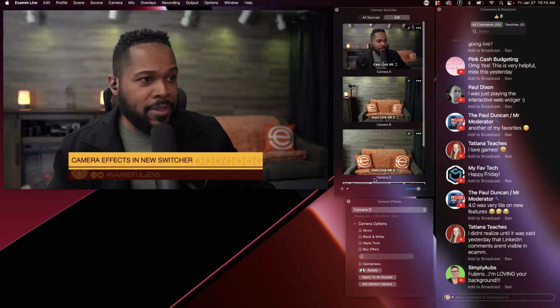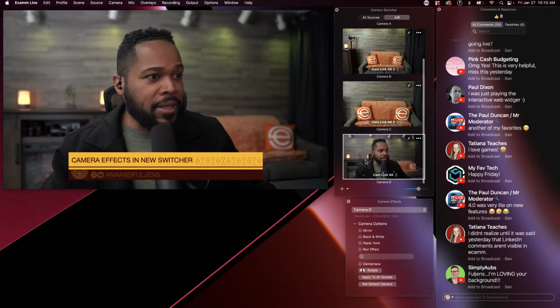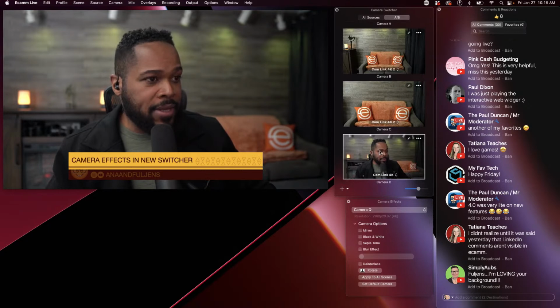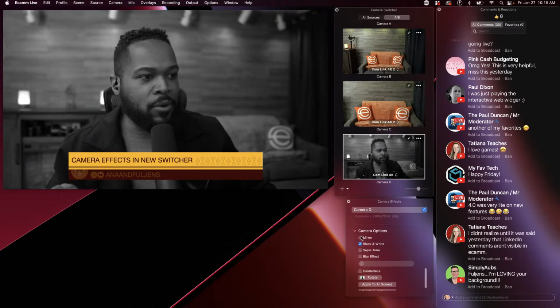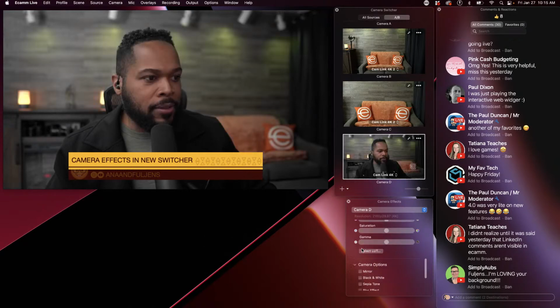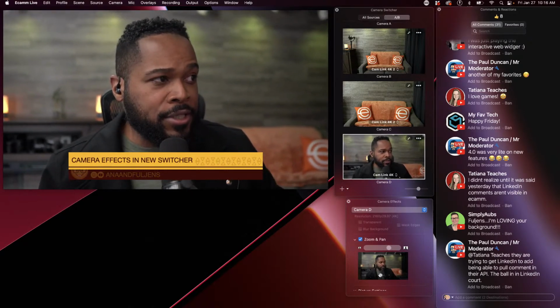So now check this out, right? I have camera A set to cam link 4K, but now camera D is a completely separate camera from up here, right? What I can do now with this camera is I can click on the magic wand here, camera effects, and do something like this. I did that by accident, but that worked out perfectly on camera D. So camera D will have its own camera options. If I want to crop in on this background a little bit, let me see here, zoom and pan. Right, if I want a tighter shot here for myself,